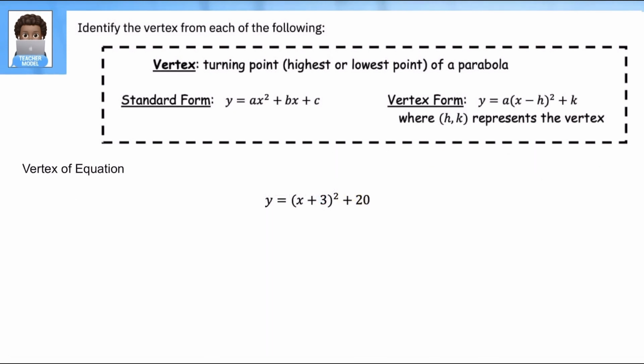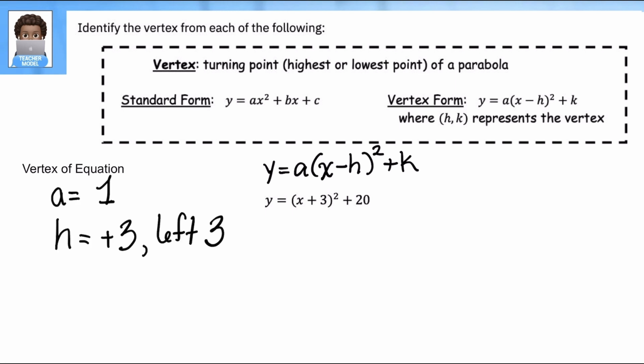Let's do one more very quickly as a model. So here's our equation, y equals parentheses x plus 3 squared plus 20. The first thing we're going to do is recognize this equation is written in vertex form. So we need to identify a, which is 1, our h, which is 3. So negative h tells us I'm going to go to the left 3. And k, which is positive 20, so I'm going to go up 20. This means our vertex is